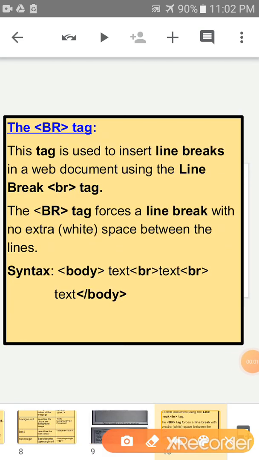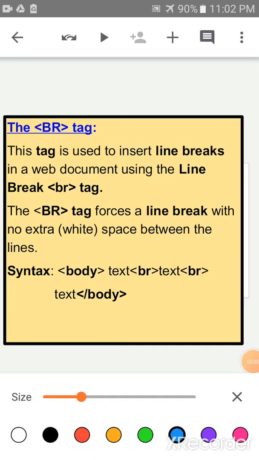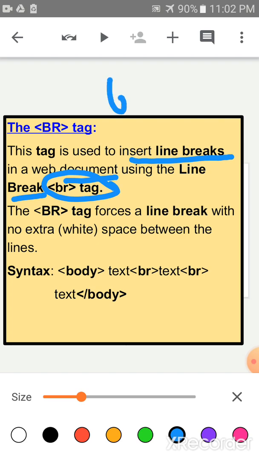Now children, come to the BR tag. Children, the BR tag is used to insert line breaks in a web document using the line break tag. As I told you, the BR tag is an empty tag, no need to close it.